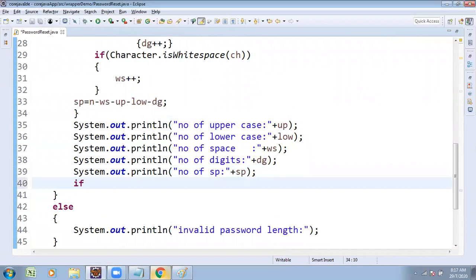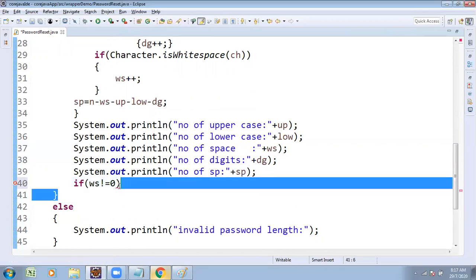If condition, what is the condition? White space not equals to 0, so less than or equals 0, consider white spaces as not allowed.